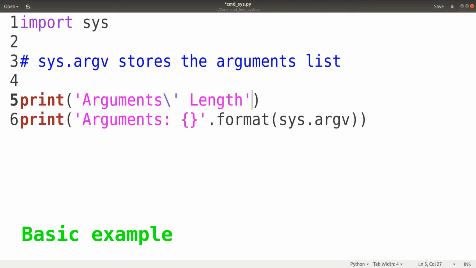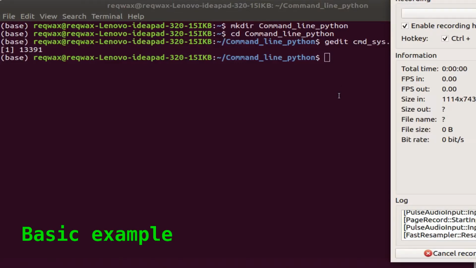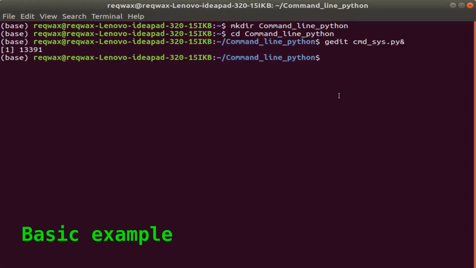Okay, let's use the same format that we used in the previous print statement. Dot format, length of sys.argv. Now let's try executing this basic 4-line code using command line arguments in Python.